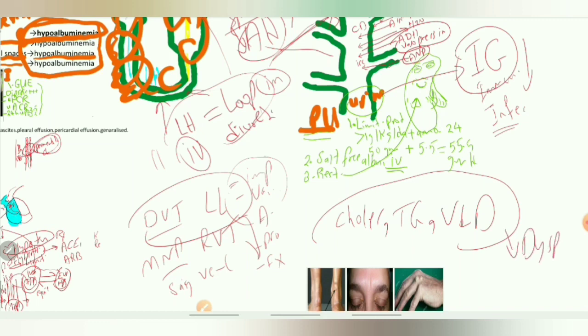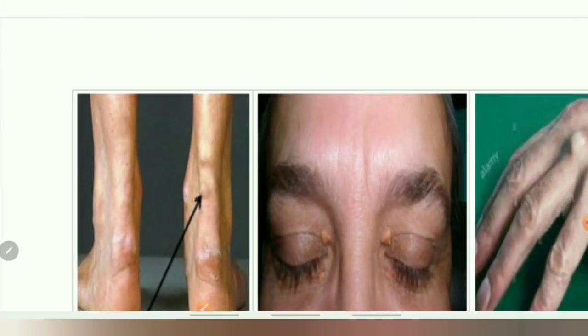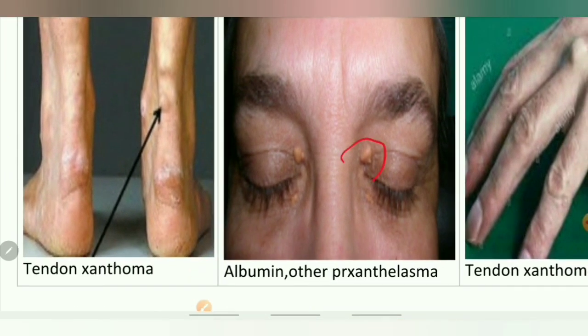It can be observed clinically by the presence of tendon xanthoma, or xanthelasma, which appears here in the eyes, or maybe seen here when we open the eye, a yellow or whitish ring around the cornea,